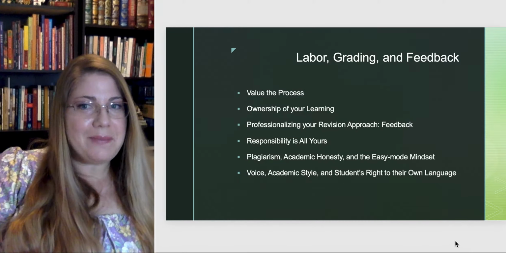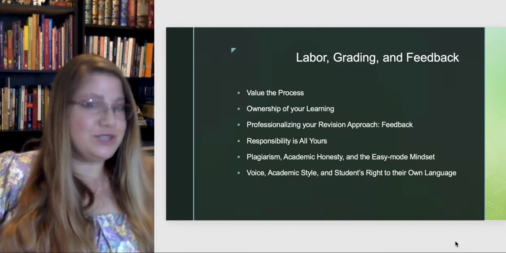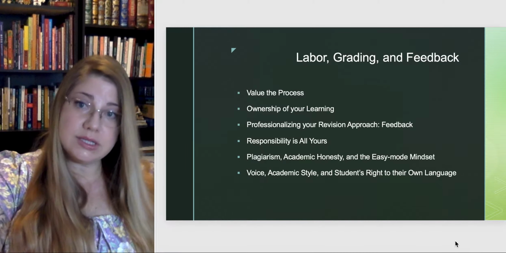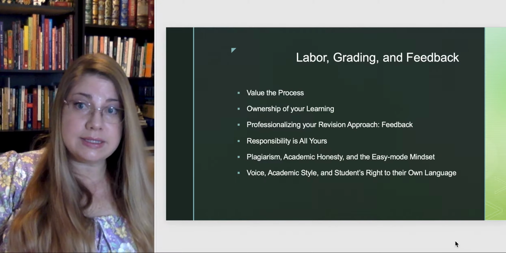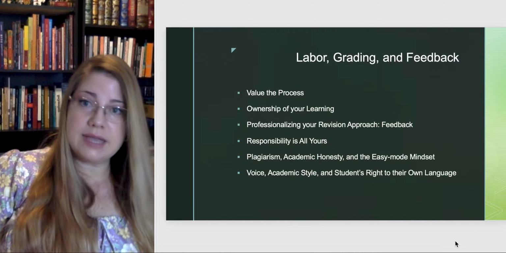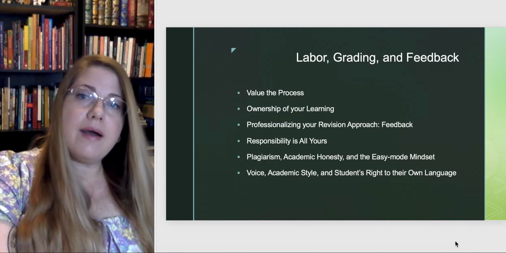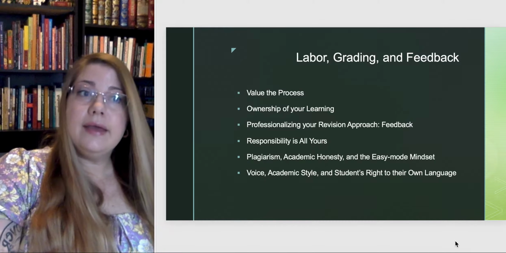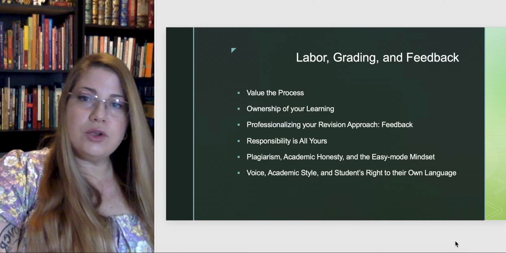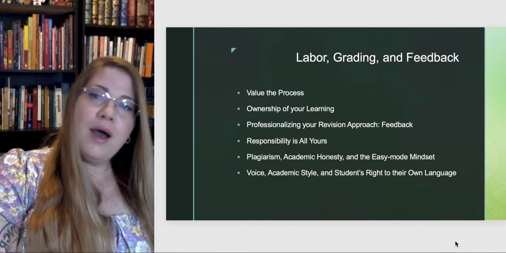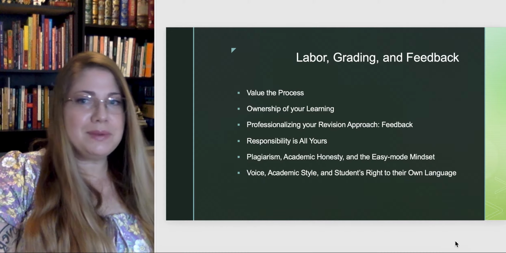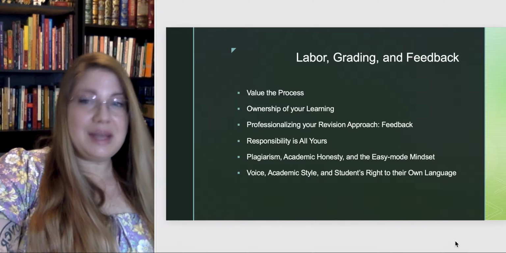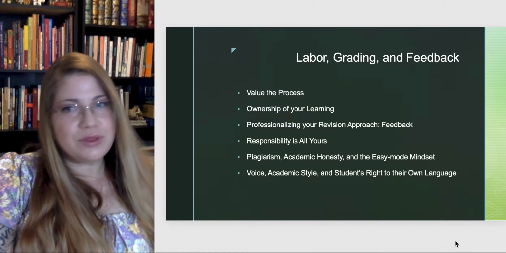But then how can I make my actions fit my words, that I do value the process more than what the end thing looks like? Because the end thing will be great if you engage in the process as I've laid it out for you. So in order to do that, I then had to take away grading that end thing, and telling you whether or not it's an A paper, B paper, C paper, because then I was just saying I believe in the process more than the product.